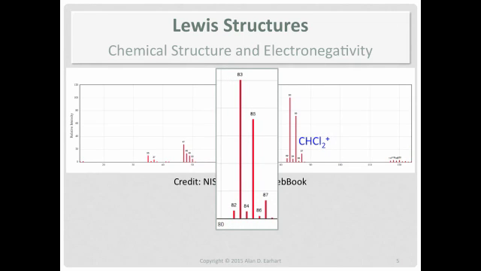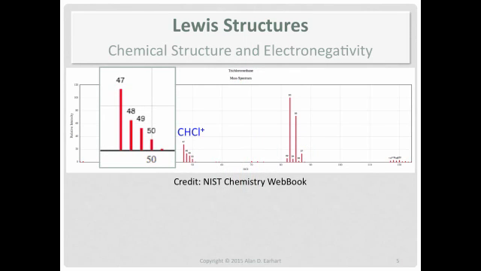This next peak, what has happened is for some of them, when you made the ion, a chlorine got knocked off. So this is a fragment peak. And it's centered around 83. And if you add up the masses, you'll see what I mean for this CHCl2. Then we have another fragment peak, which is the loss of two chlorines. And it's centered around 48.